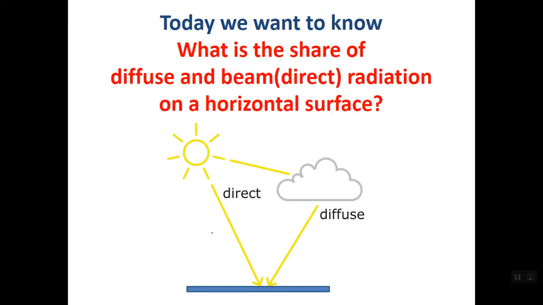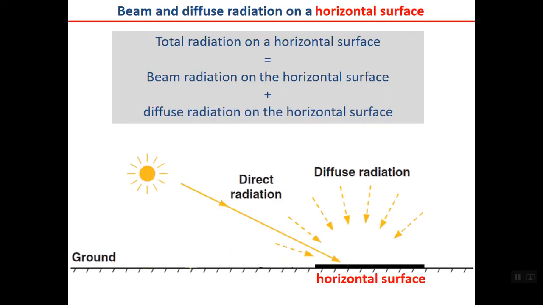Today we want to know what the share of diffuse and beam radiation on a horizontal surface is, because in the last session we learned how to calculate the total radiation on the horizontal surface. Now today we want to know how I can calculate the share of direct or beam and diffuse radiation. So let's start. Total radiation on a horizontal surface, as you may remember, is the sum of beam and diffuse radiation on the horizontal surface. Please note that this is not the case for a tilted surface, because in that case, as you will see later today,